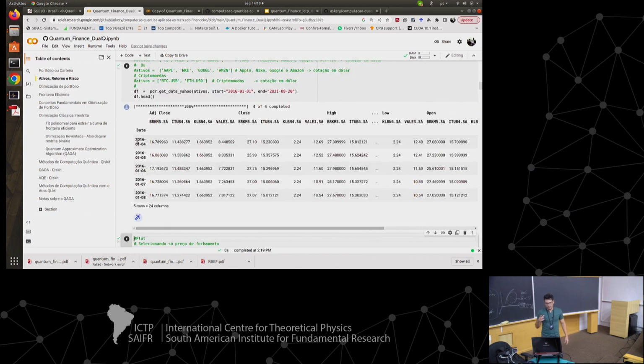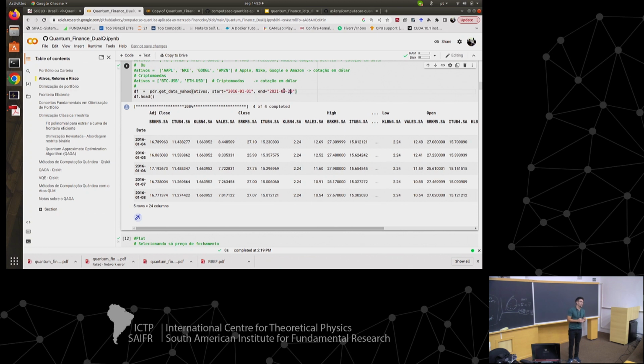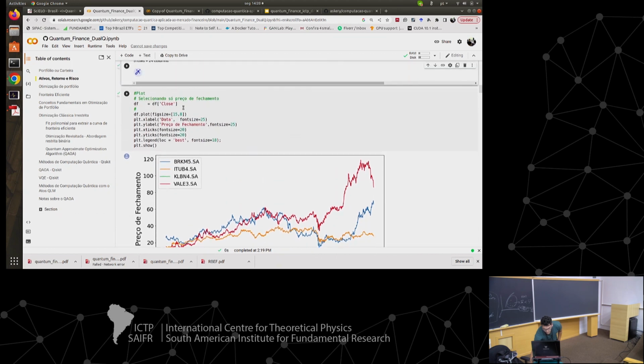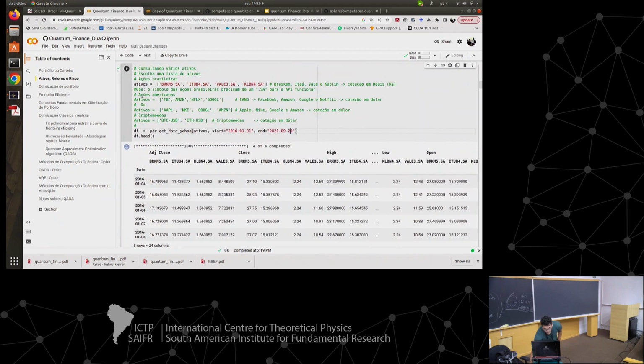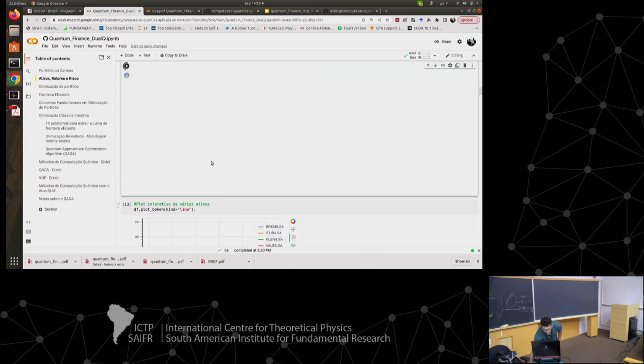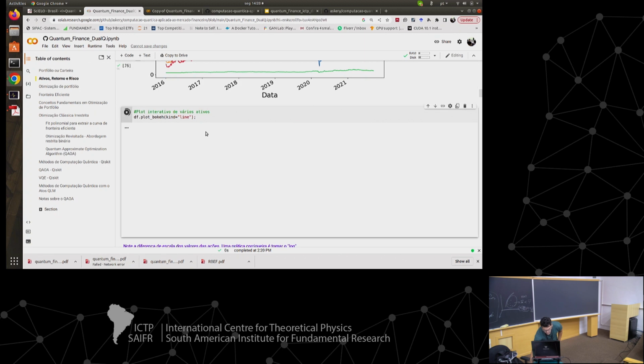I finished this at the time we submitted the paper. It took more than 1 year for the referees to accept the paper. So I keep it frozen here, so you can read the paper and reproduce, but you can change the date here as you wish, get more data, and so on. Again, I'm just showing how you can get this data here. This is the fancy plot as well.